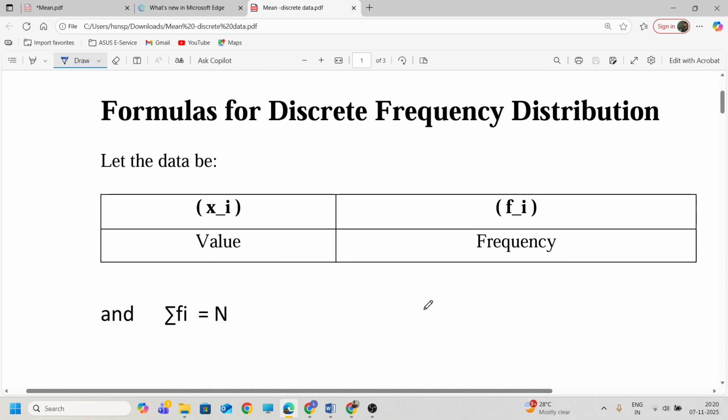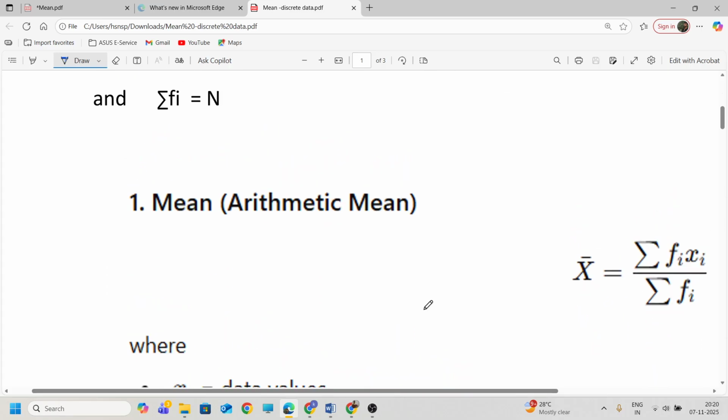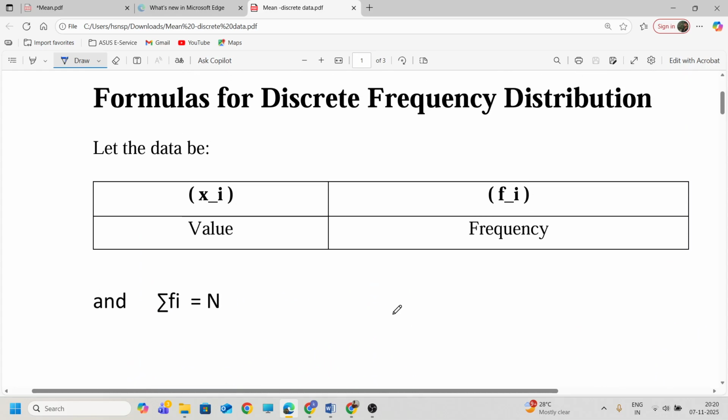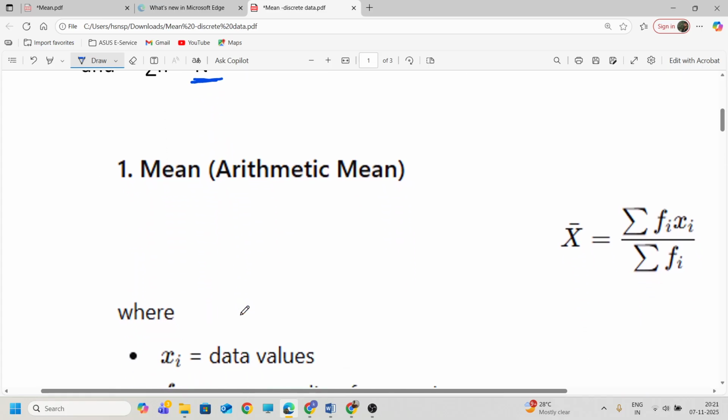And in a class, 10 students scored 40 marks means the marks are called x, and the number of students, 10, is the frequency. That's it. So here the number of values n we find using the summation of frequency. Total frequency is the number of values. Okay. So first we see the